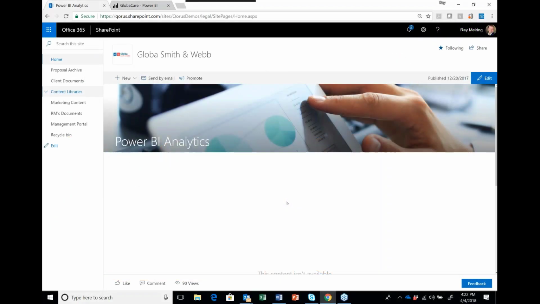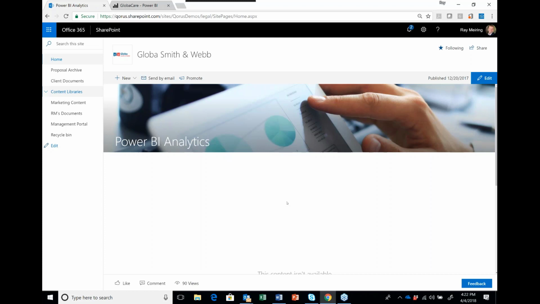The starting point that we have is really SharePoint Online and Office 365. Many of our clients spent a lot of time storing their proposal and their sales content in a range of content sources, and this made it very complex for people to find the best content that they needed for the sales documents that they were producing. And we found it best to consolidate all of that content into one centralized source, and in this particular case